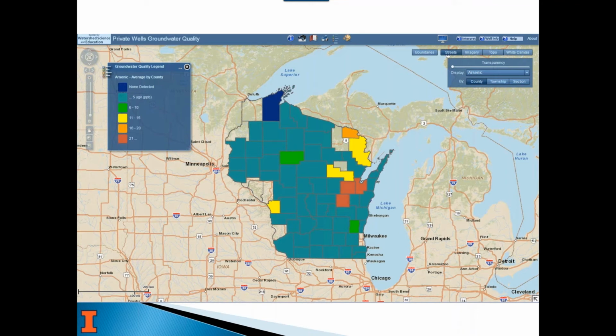The average sample is over 21, and the health standard for a community water supply is 10. And one other thing I should mention about health standards, most people follow what's recommended and what's required by law for community water supplies in the Safe Drinking Water Act. They're called the primary drinking water standards, but private wells don't have to meet those.